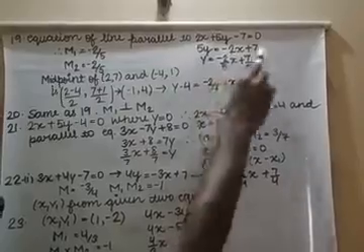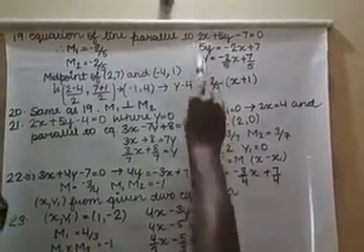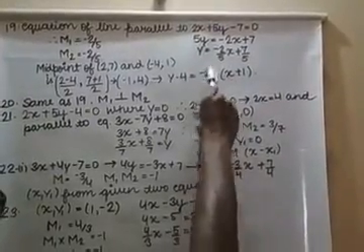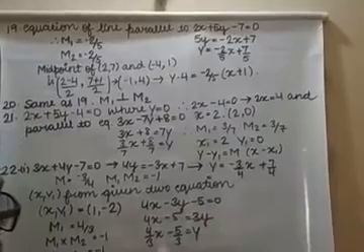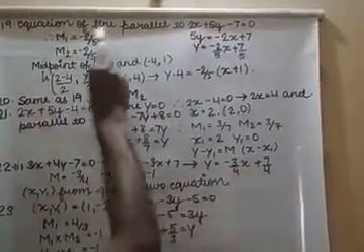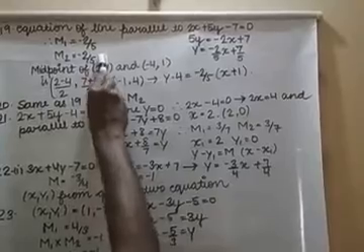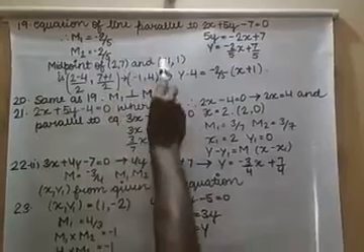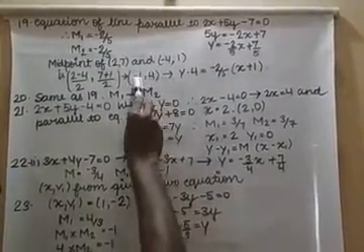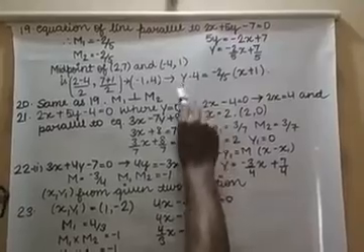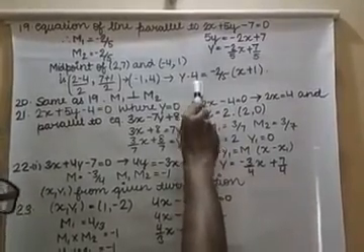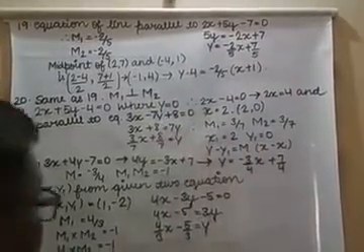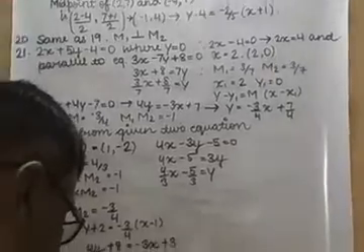First of all, I have calculated it and made it in the form y is equal to mx plus c. So my m1 is minus 2 upon 5. As the lines are parallel to each other, m2 will also be minus 2 upon 5. Now I have calculated the midpoint of (2, 7) and (-4, 1), and I got the coordinate (-1, 4). So now I will form the equation y minus y1 is equal to m(x minus x1) and solve it accordingly.